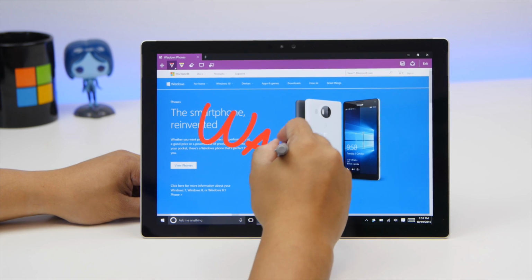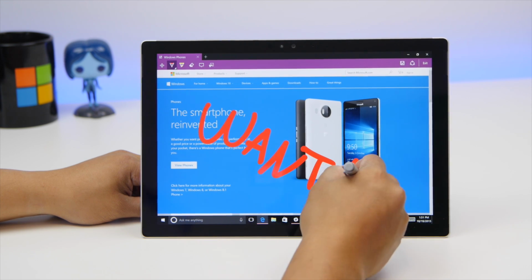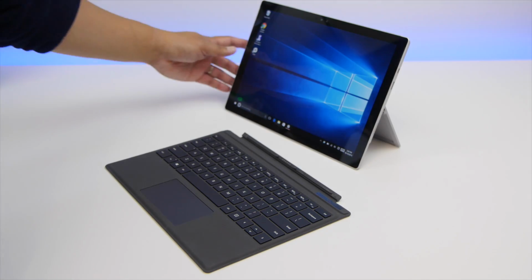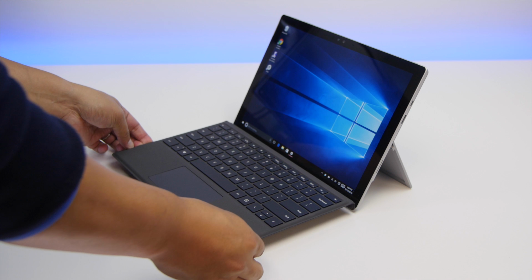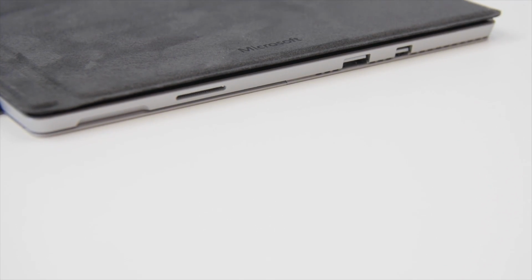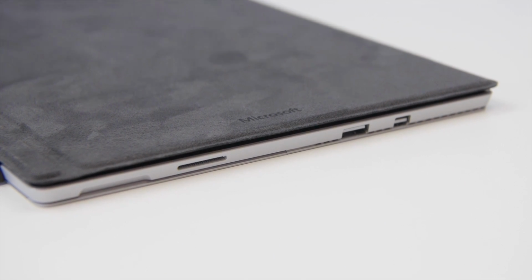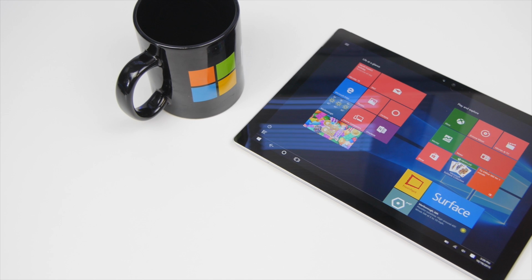If you're considering the Pro 4 for your first Surface, you won't be disappointed. Microsoft has thankfully not messed with the winning formula of the Surface Pro 3, and they improve upon it in many ways. It runs cooler, has a faster CPU, it is slightly thinner and lighter, and it has a better display. The one downside, in theory, is the cost, which now starts $100 higher than the original Surface Pro 3. But hey, this is a premium device, and Microsoft is not shy about that, hence the $2,700 Core i7 version